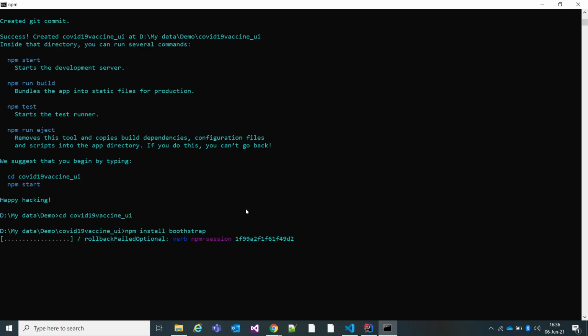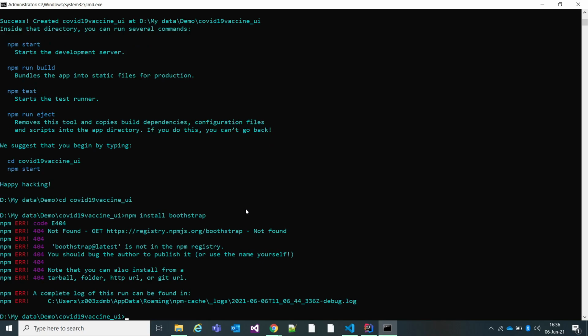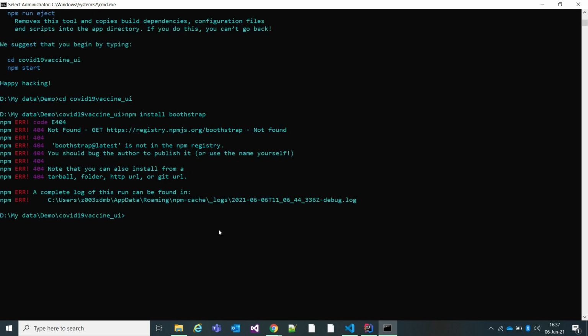Another is Axios, and two more components I need to. Something is missing. Yeah, I just gave the wrong name. Bootstrap. I'm sorry for that.